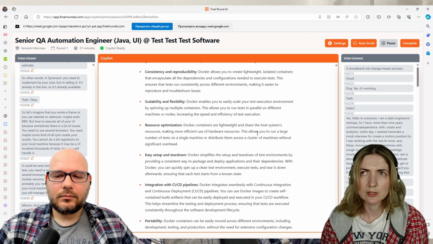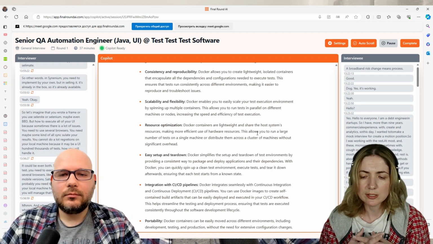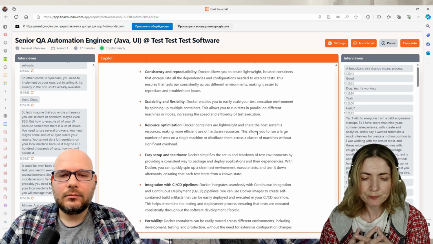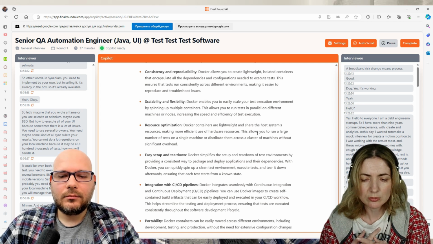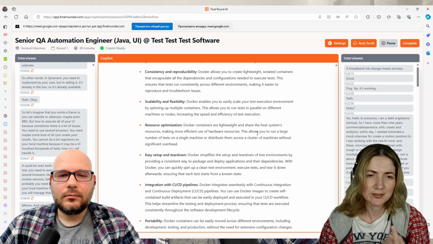So you will have separate runs, and it is useful for checking the results of your tests afterward. If one container stops, it will be just one container, but not all the tests. Yes.